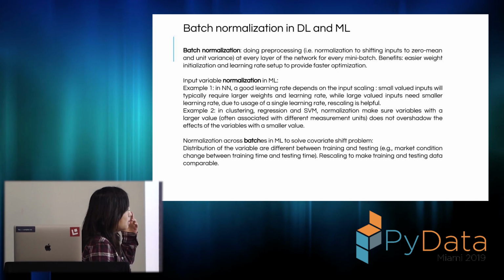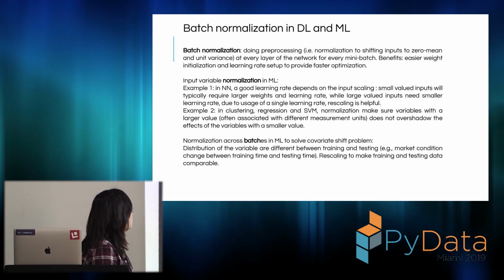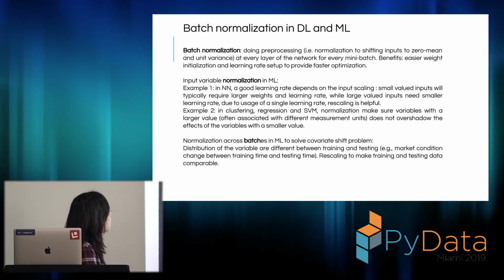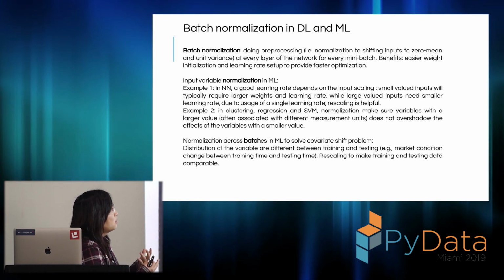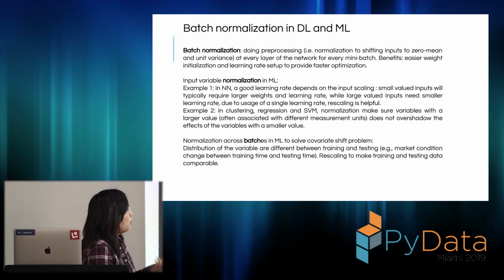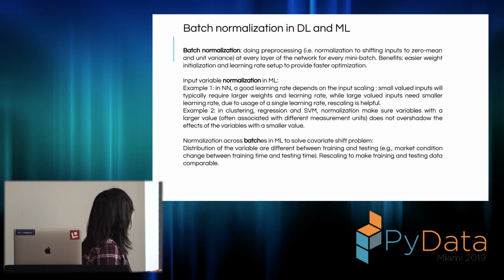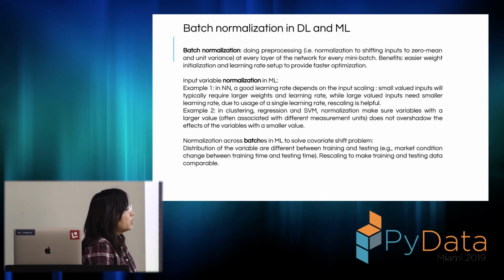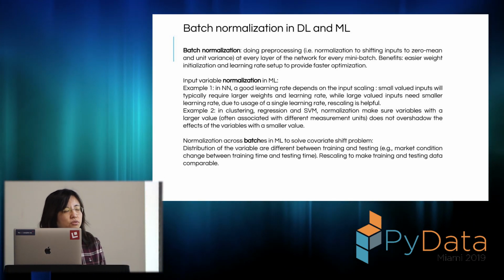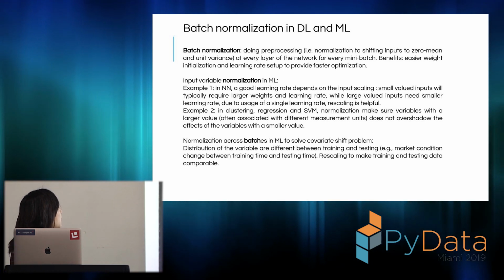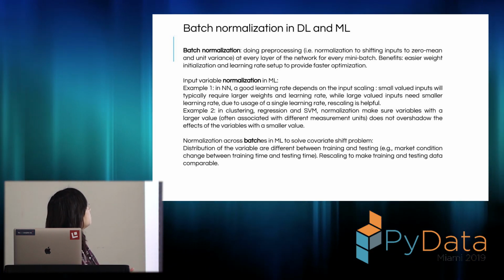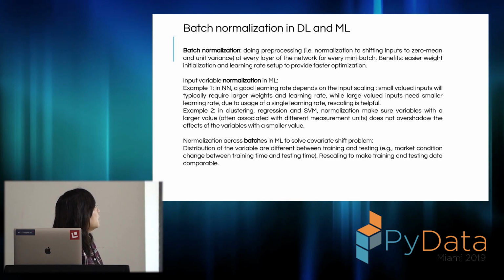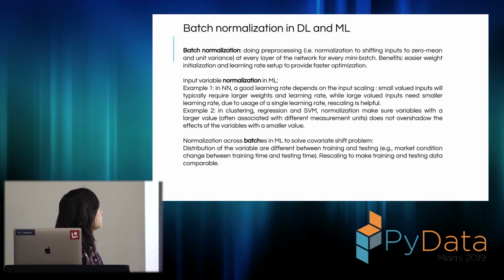But normalization is such a common technique to use in machine learning. For example, in a traditional neural network, the learning rate depends on your input value. A smaller input will typically require a larger weight. So if we do the standardization, then we can just use one single learning rate to train a model. It's easier to set up. Also, in a lot of machine learning methods, such as clustering, regression or SVM, normalization is usually suggested too, because